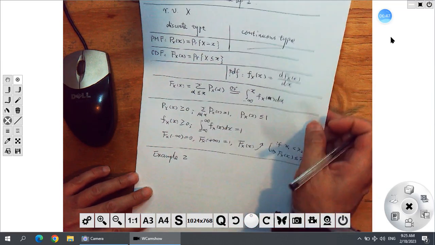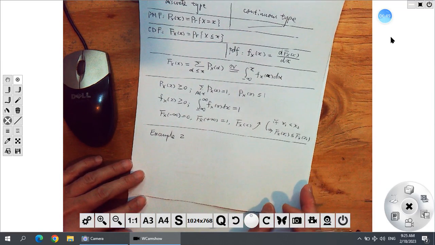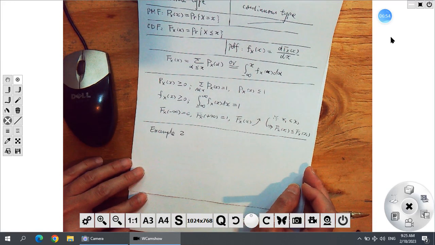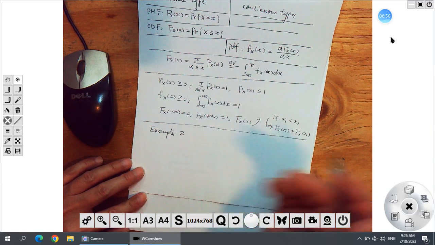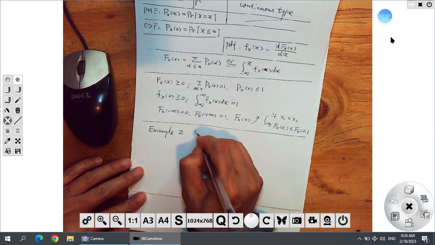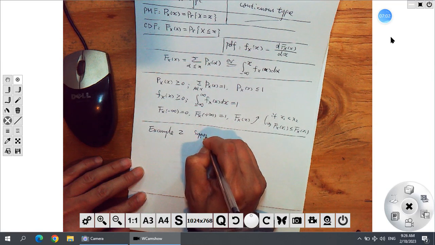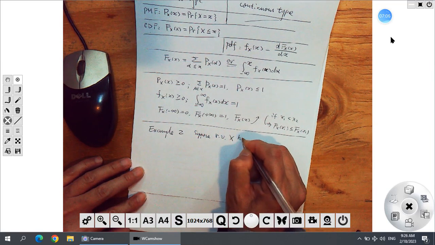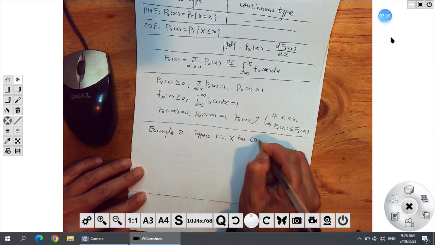Now we consider another case. Suppose we have the CDF, then we start from the CDF and try to find something else. Suppose random variable x has CDF as follows: